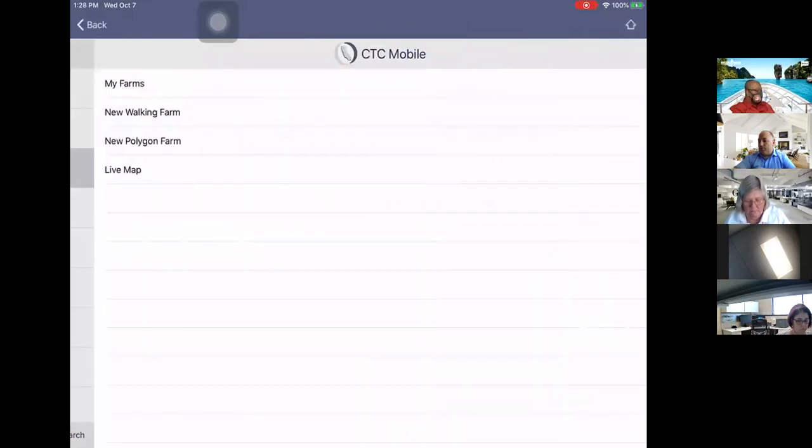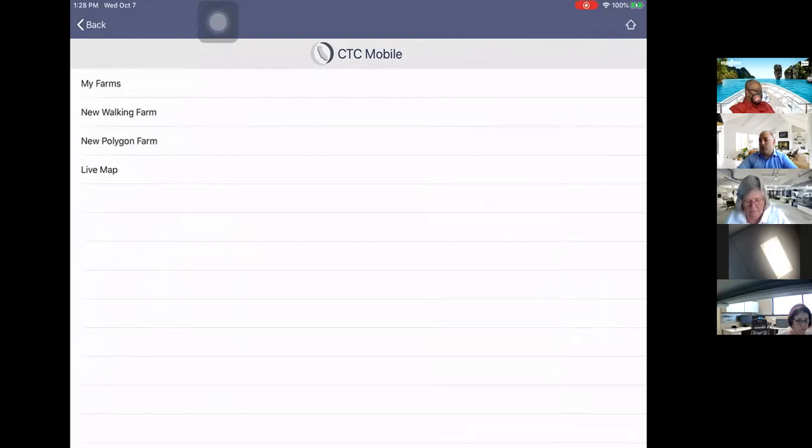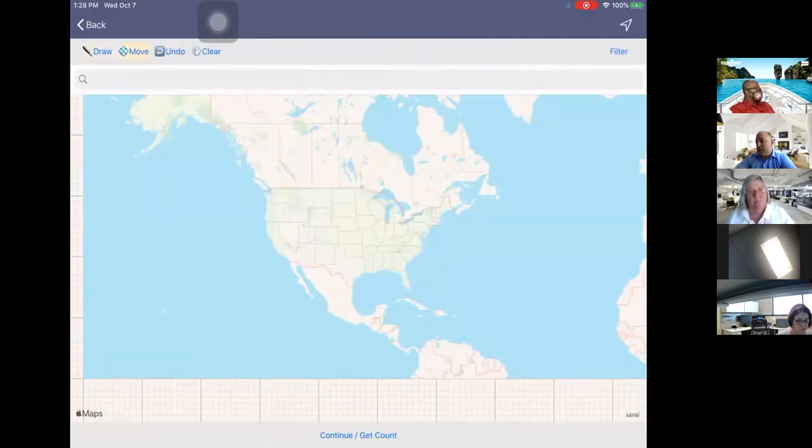One thing with Farm that I didn't show you in the online version is the walking farm, okay? So let's say, I mean, right now, obviously, we're not door knocking and stuff with COVID, but there's nothing saying that you can't go walk and hand deliver stuff. But let's say you wanted to pull up a walking farm. If you click on walking farm, then